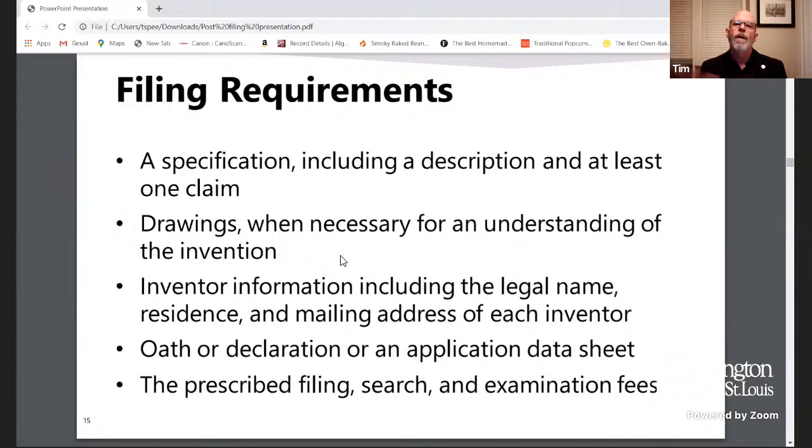If you go above that, in either way, we give you some additional charges. You can file as many as you want. We will take as much money as you want to give us. But there are filing fees for the claim number. So that's something to keep in mind as you go through the process.